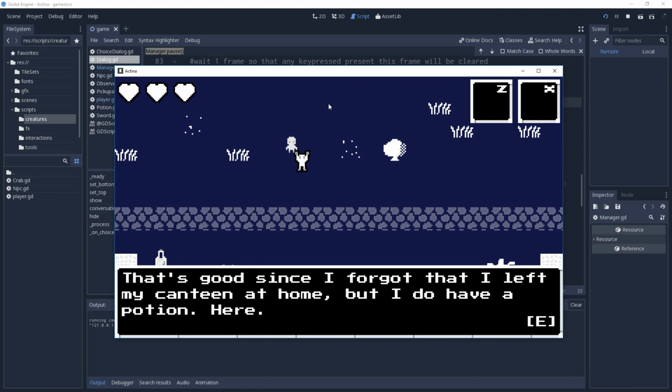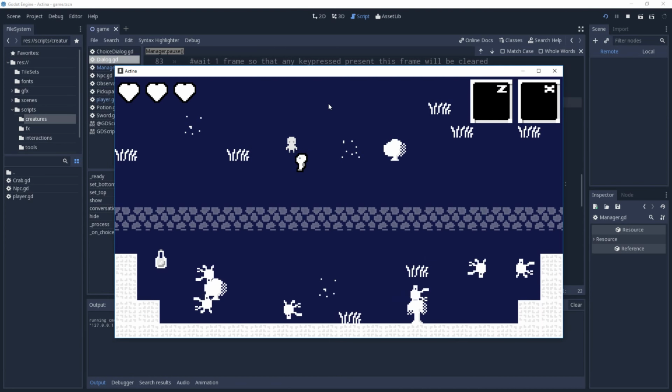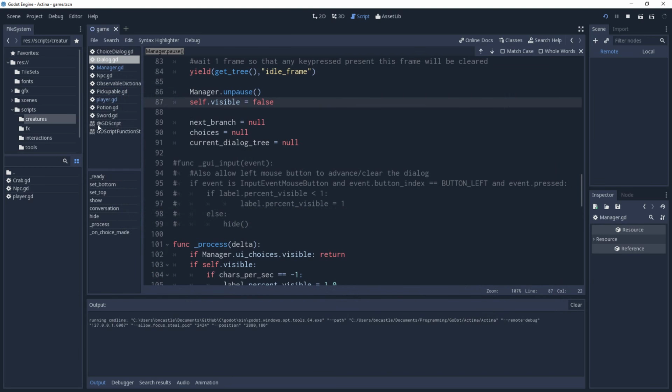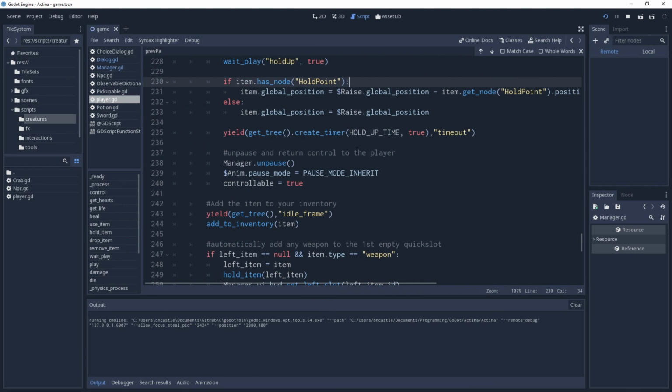But now you see it disappear. What I'm thinking is maybe there's a way to, in the player, instead of unpausing there,